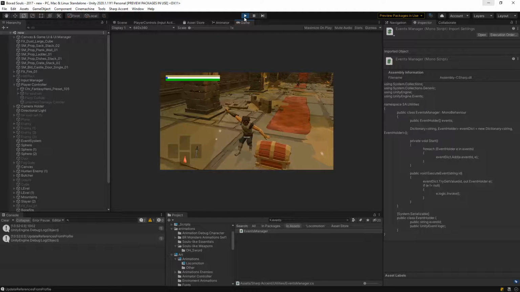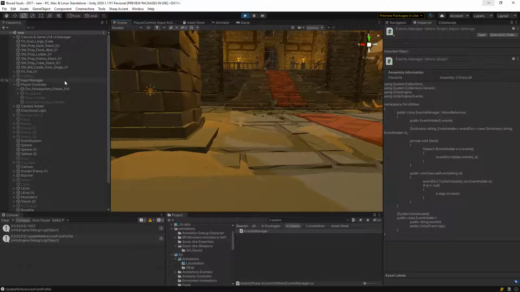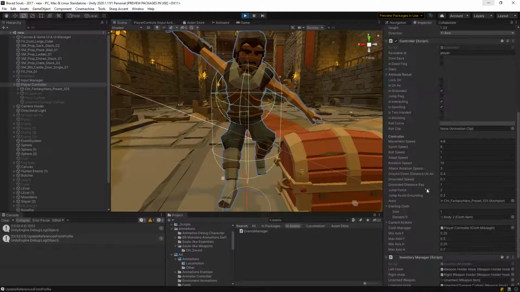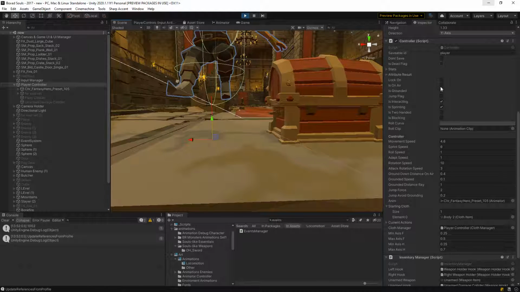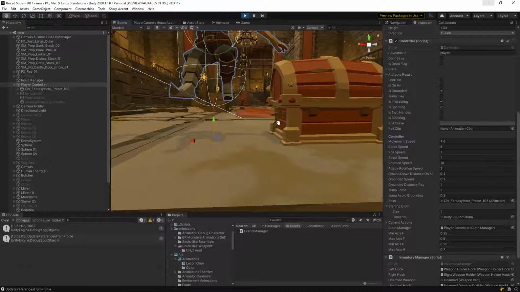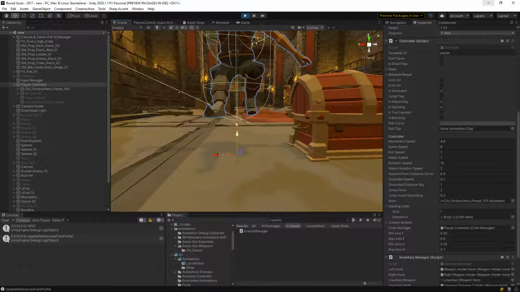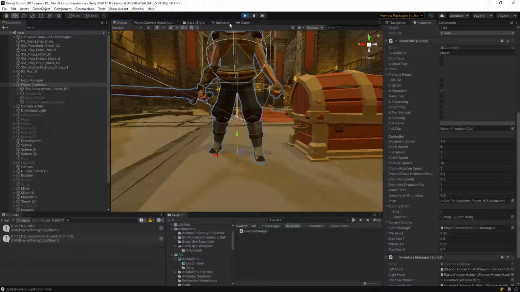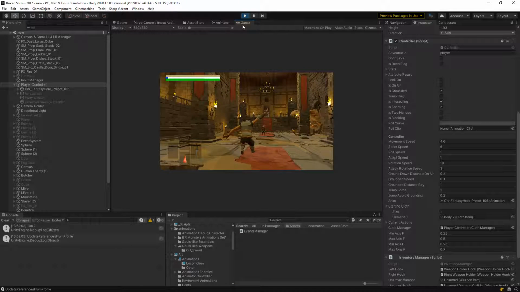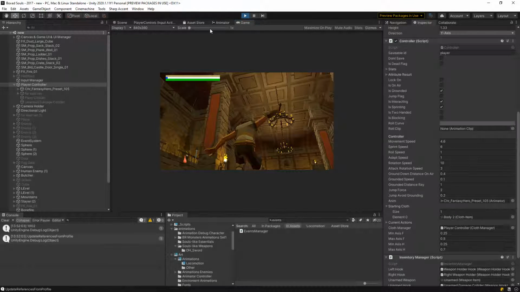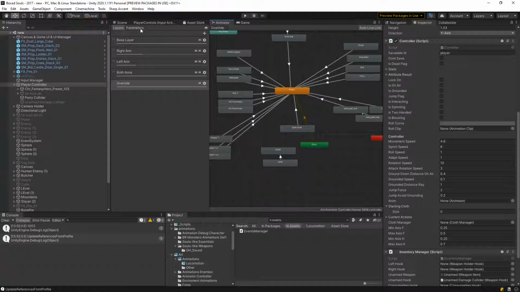Okay, it doesn't. Let's see why we're stuck then. So if we go over here, we will see that we are currently grounded. We are grounded, but we're still interacting because I think we never left out the on air. So one way we can make sure this never happens, or